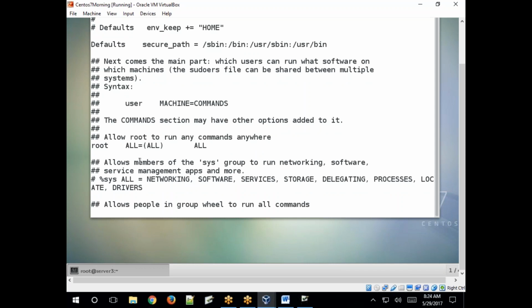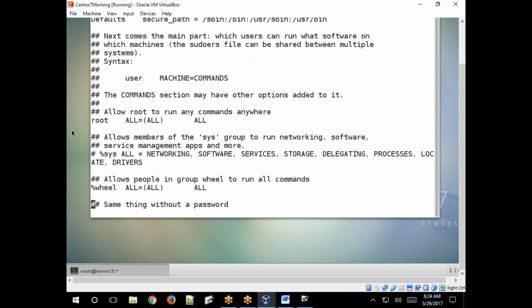See below, groups. This is a group name. How to specify a group name here? With a percent sign, then the group name. You can also create a group and add users into that group; just add that group name here. So how to add it: percent sign, the group name, space, ALL equals. See here, networking. What is networking? The alias is already created, right?